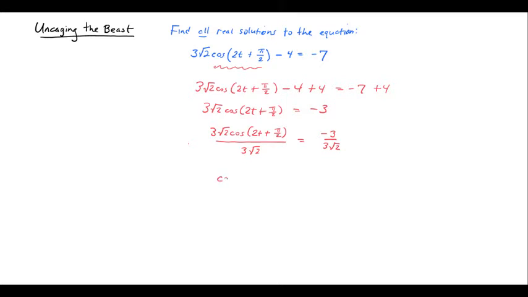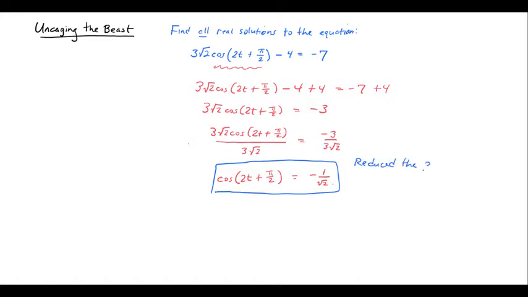Okay, so that's going to give me cosine of 2t plus pi over 2 equal to, and I can cancel those factors of 3 out because 3 is a factor of both the numerator and the denominator. I get negative 1 over the square root of 2. And that should be recognizable there. Gee, maybe the person who put this equation together was thinking, hey, maybe I should get a nice value like negative 1 over square root of 2 here. That'll help things. So look at this equation now. I've now simplified the original equation to this one. And now all I need to do, so I've reduced this problem